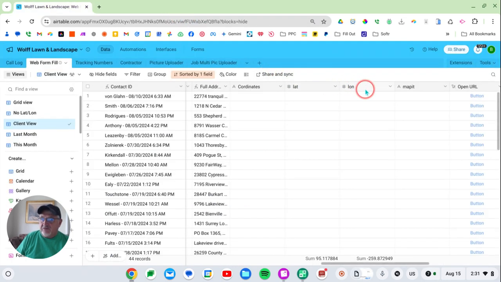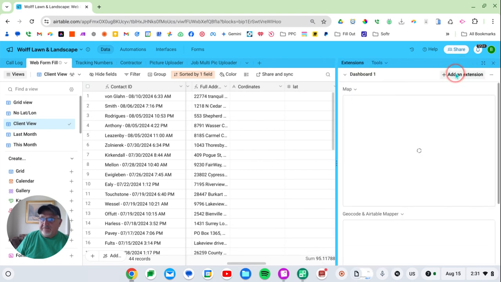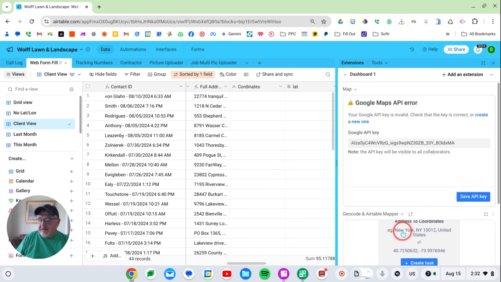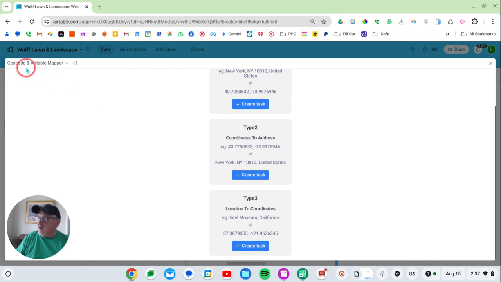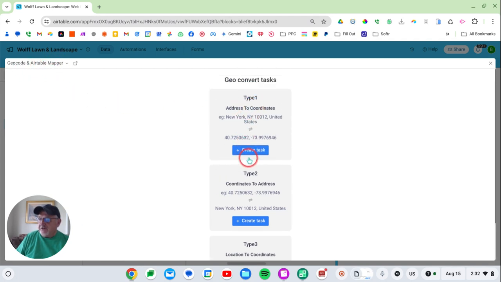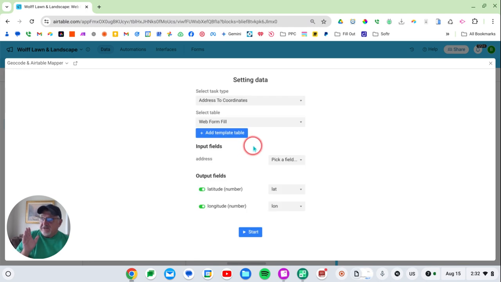Now I've got latitude, longitude, and map it. I'm going to go in here and add, if it's not already added, let me just go ahead and open it. It's called the Geocode and Airtable Mapper, and I'm going to use convert addresses to coordinates. Because the nice thing about it now is Airtable will map out everything that I just showed you,